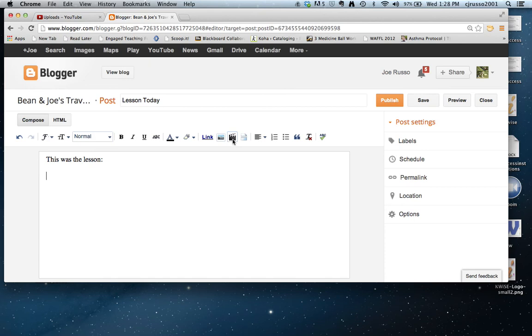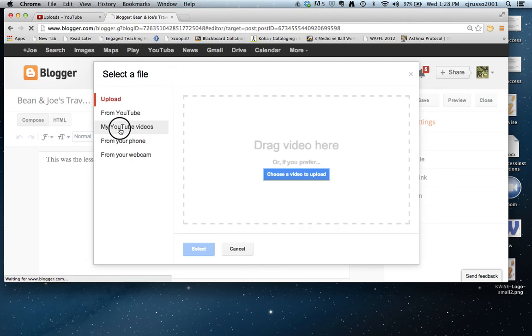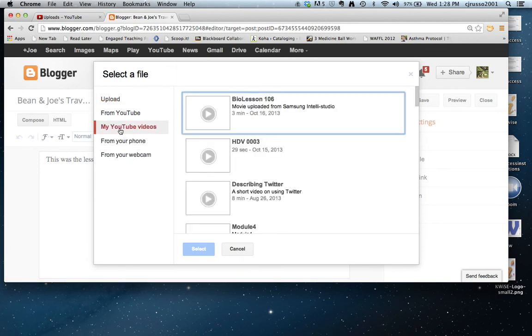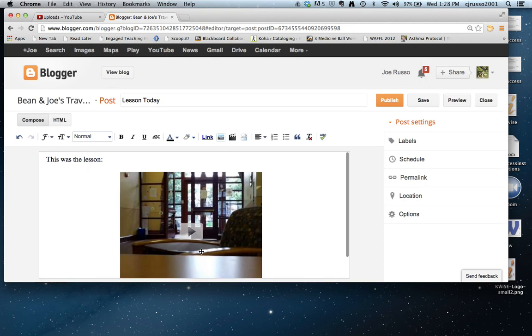And then what's very nice is up here, they have buttons that allow us, and if you look closely, it looks like a little director's cut thing that they put in before they do a scene. And it says Insert a Video, so I'm going to click on it. And because this is connected to YouTube, all I have to do is go to My YouTube Videos and then select the video that I want to insert